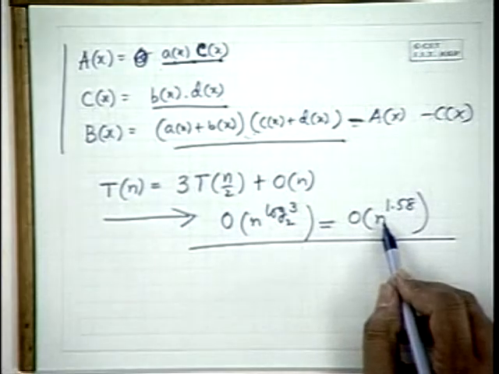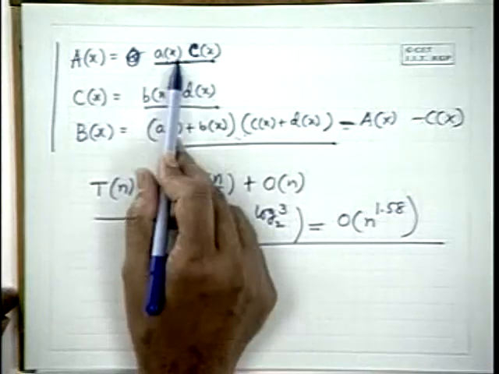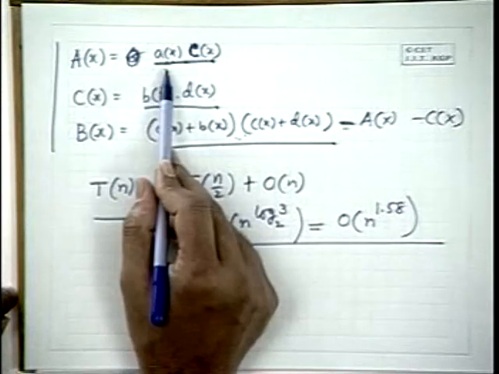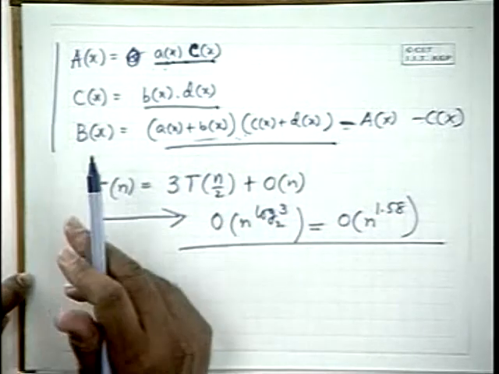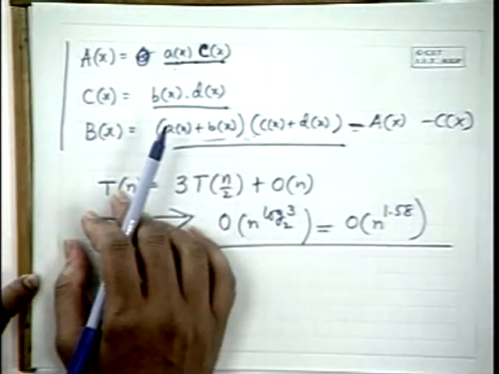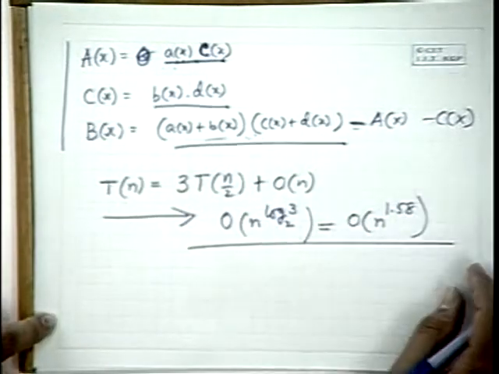Let me take an example actually. Writing this algorithm is very straightforward. You have to give 3 recursive calls with degree reduced to half and then take care of this. So now you can see this straightforward multiplication can be improved by using this divide and conquer strategy. And in a later class we will see that even this can be reduced to n log n using some other technique. So we can actually multiply 2 polynomials in n log n time. We will see it later.